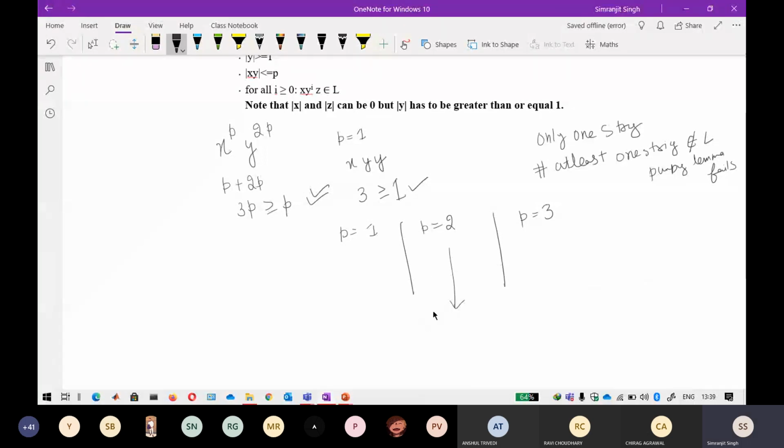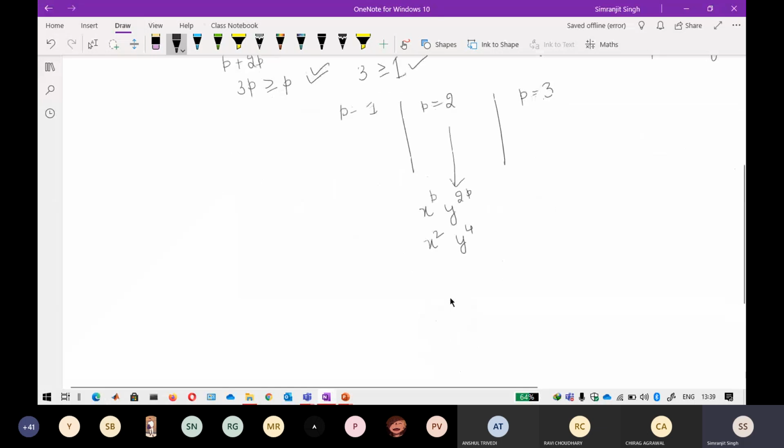So when I raise it to the power, the string is x raised to power p and y raised to power 2p. So take the value of p and put it inside. So it will become x raised to power 2 and y raised to power 4. Okay. So now write like this: xx followed by 4 y's. Now again the condition, if you remember, this is your w string, you have